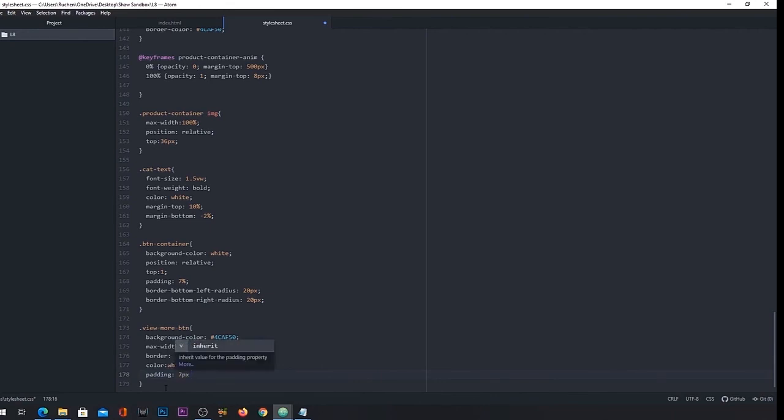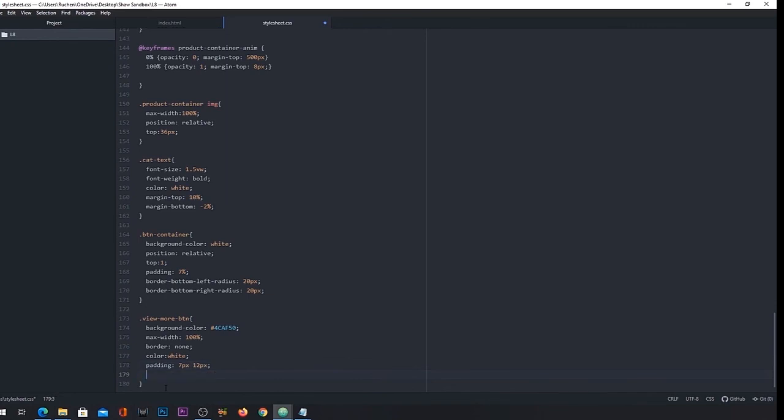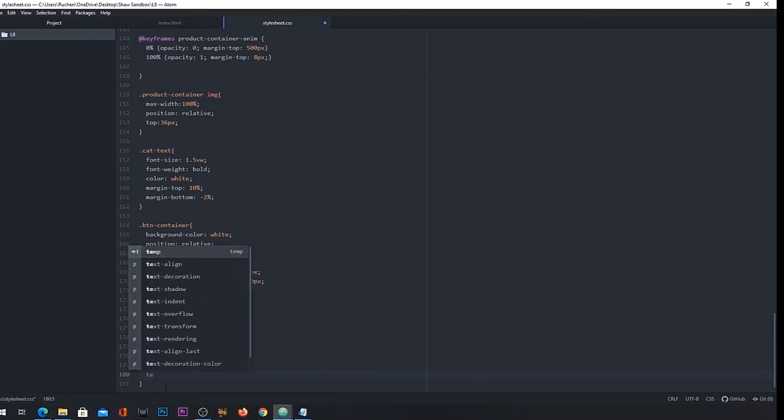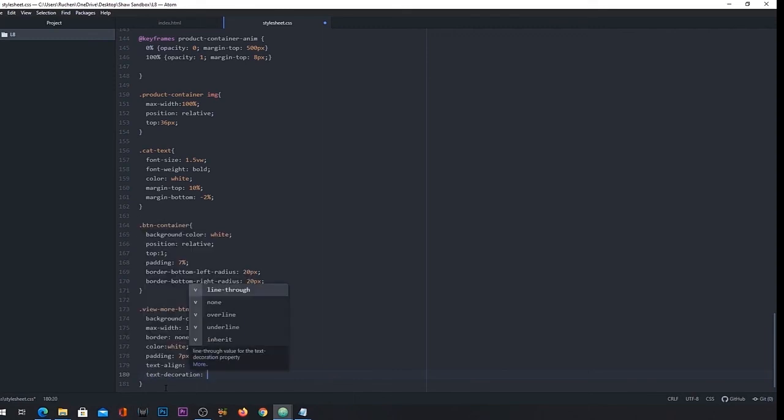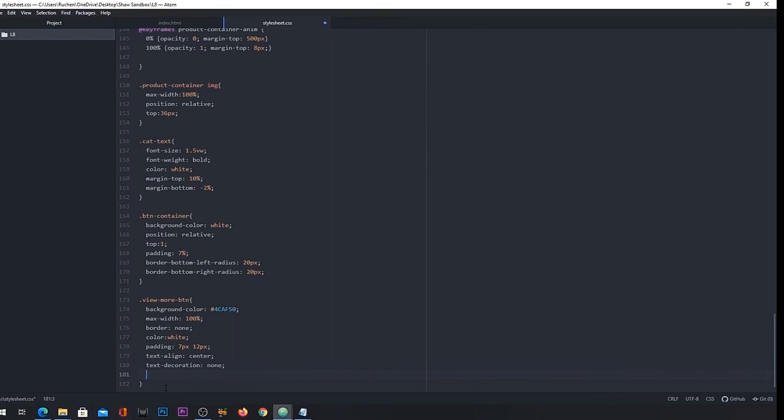Okay, so again, shorthand property for when it comes to padding. And then text align I'm going to set to center, and then text decoration I want none, text decoration none,